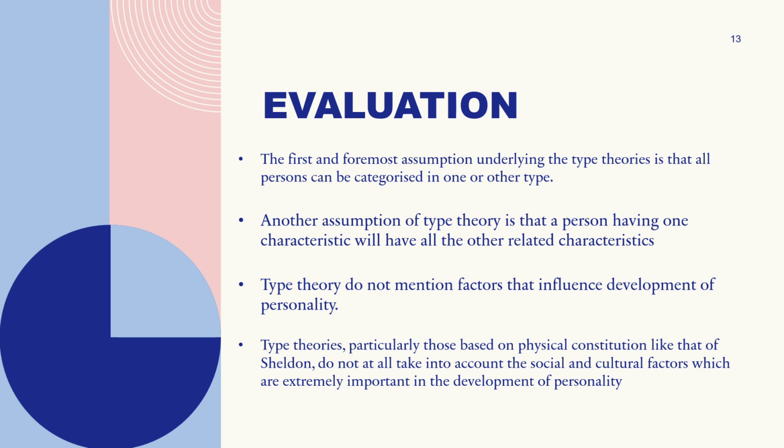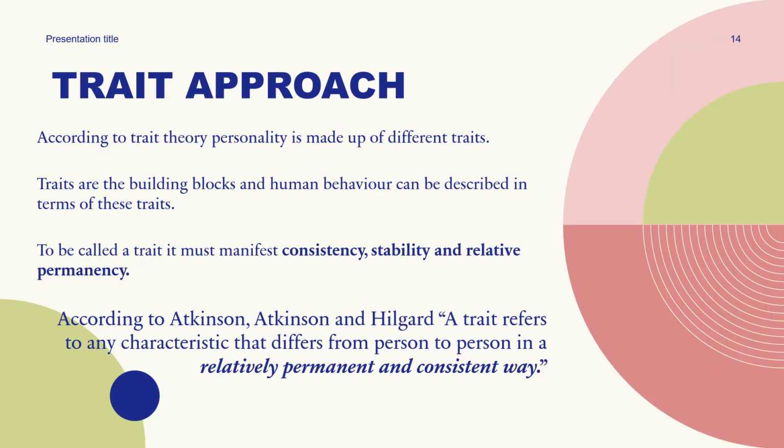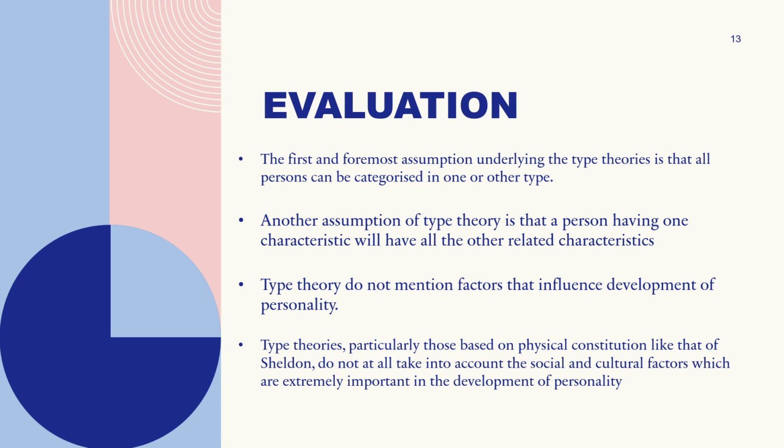An individual's personality is developed through many aspects, not just the body constitution or the amount of difference in the amount of body fluids. Social, cultural, intellectual, biological and environmental, all factors contribute to the development of personality. So type approach has that drawback also. Next is trait approach. So I think we'll stop